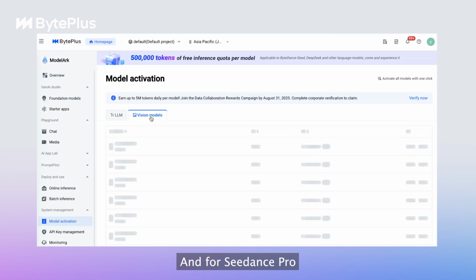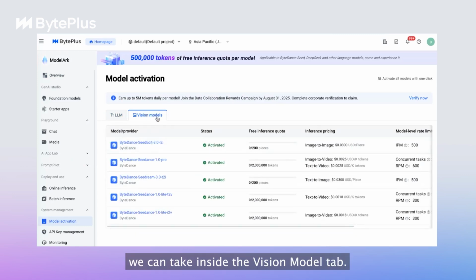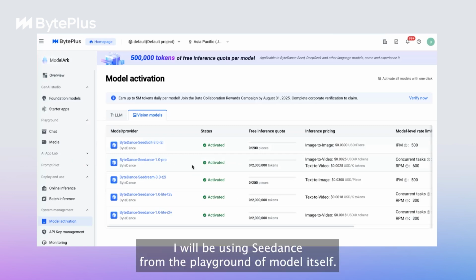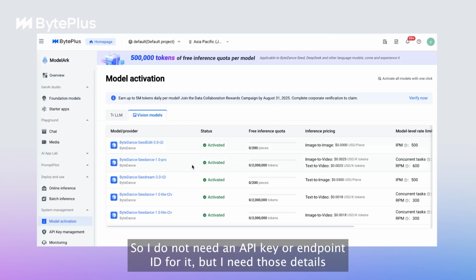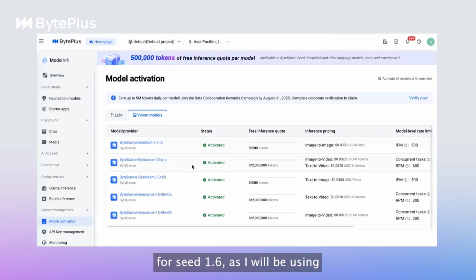And for Seedance Pro, we can check inside the Vision Model tab that Seedance Pro is activated for us. I will be using Seedance from the playground of ModelArc itself, so I don't need an API key or endpoint ID for it. But I need those details for Seed 1.6,